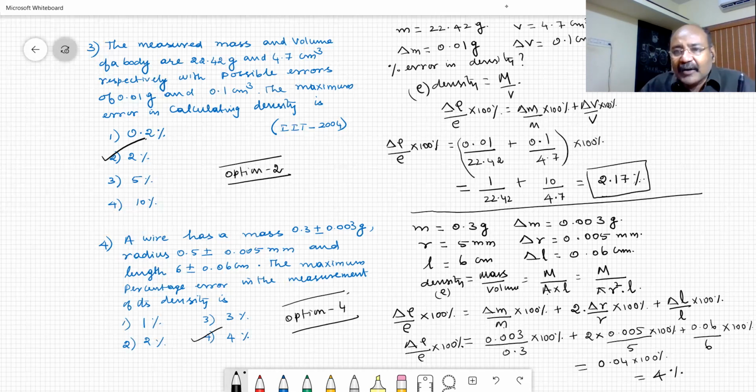I have written the formula and I have also substituted. So simplify it and get the answer. Try to get the answer. If the answer is the same as the given answer, then your simplification is correct. If not, do the simplification again in order to get the answer. Okay, let us move on to the next problem, problem number 5.